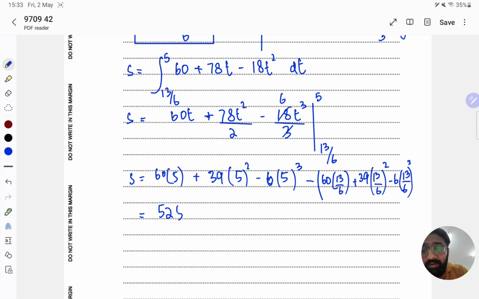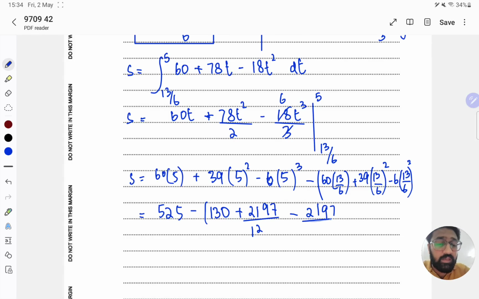This is 525 minus the lower limit, which is 60 divided by 6 times 13, that is 130, plus 39 into 13 by 6 square, which is 2197 divided by 12, minus 13 by 6 power 3 multiplied by 6,